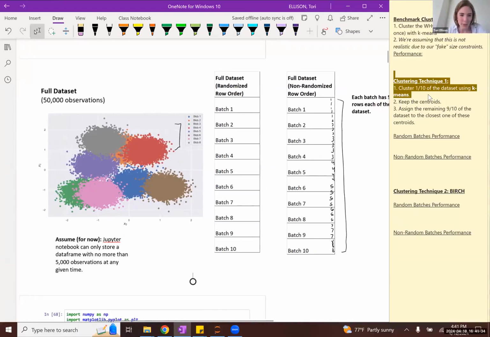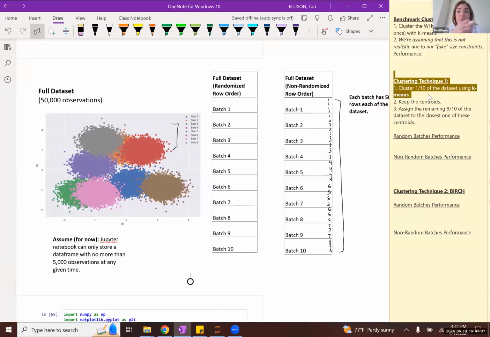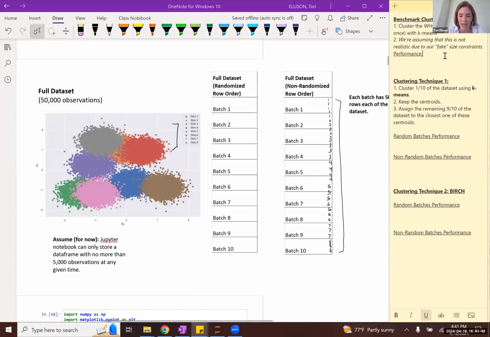So as a benchmark evaluation, we're first going to evaluate how well k-means might do when clustering this full data set here. Let's just say we were to apply k-means to this full data set, and we were to compare the k-means cluster labels to the Gaussian labels, or in other words, the label of the Gaussian distribution that observation was drawn from.